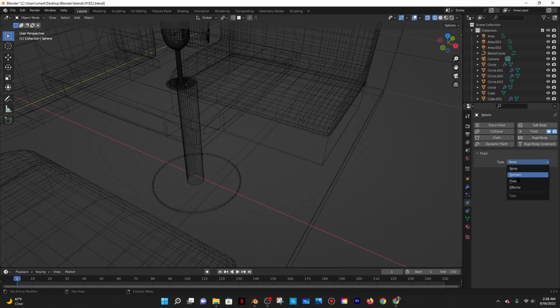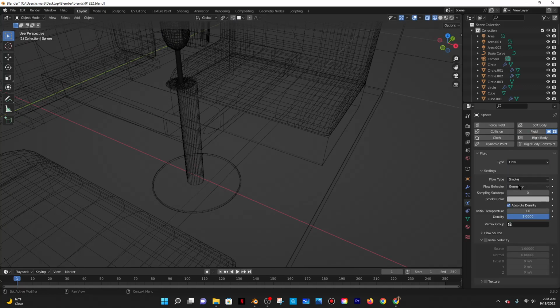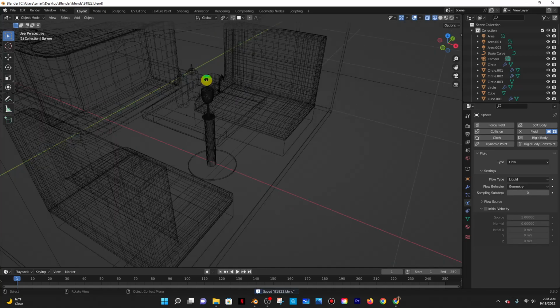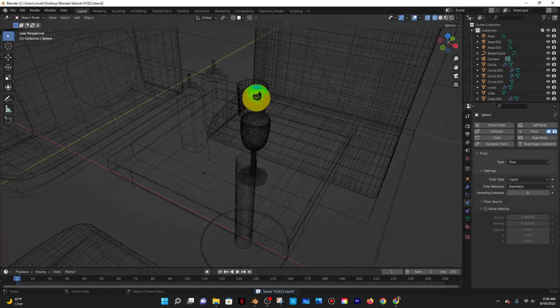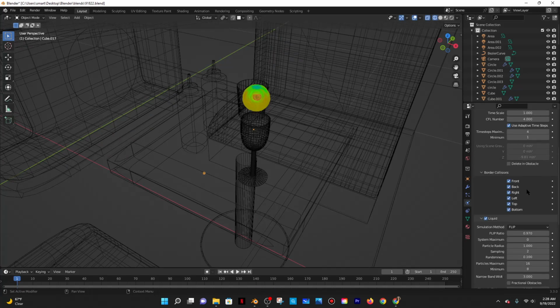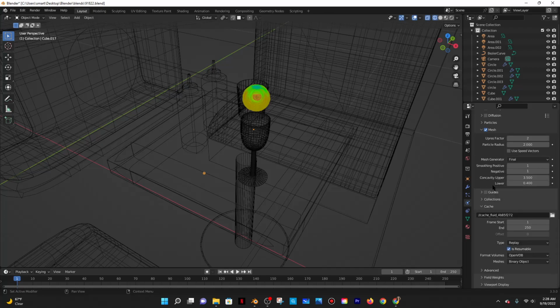Make fluid, flow type liquid, Control S. Why does it do that? Like, I've never seen that happen before, like, ever in my life. Is it because